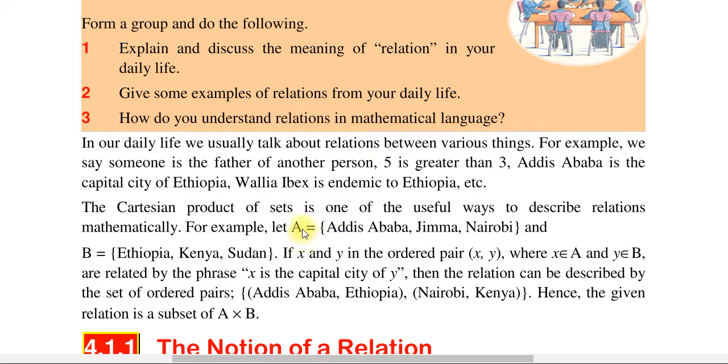ያ ማለት ሴት ኤ እና ሴት ቢን then the relation can be described by the set of order pairs, the set of Addis Ababa, Ethiopia, Nairobi, Kenya. Hence, the given relation is a subset of A cross B. Okay? So, እንደዛ አድርገን መግለጽ እንችላለን ማለት ነው።